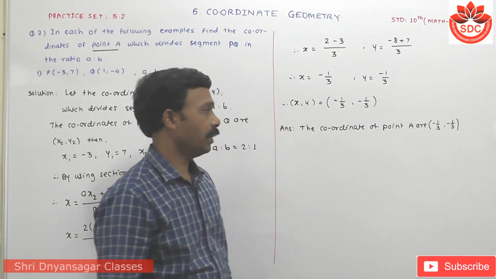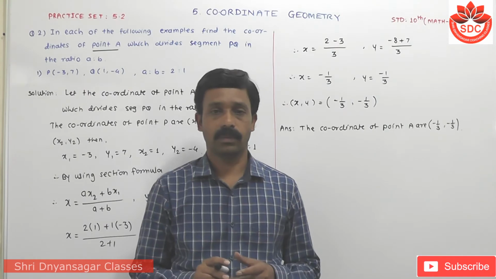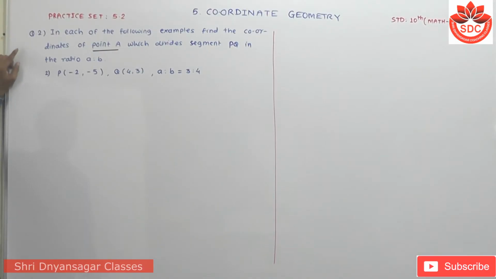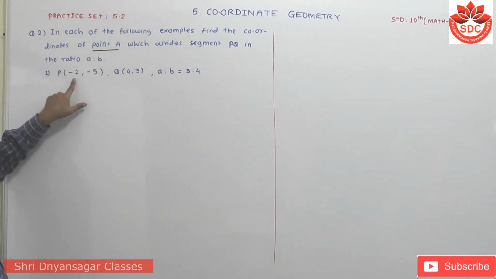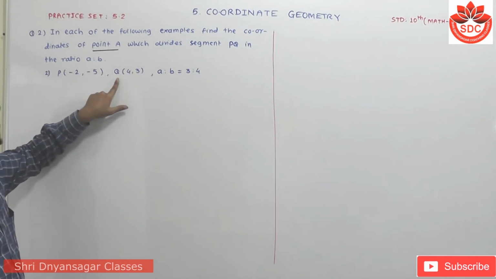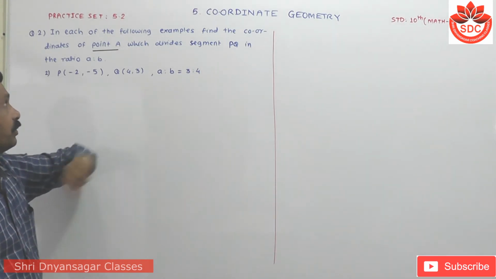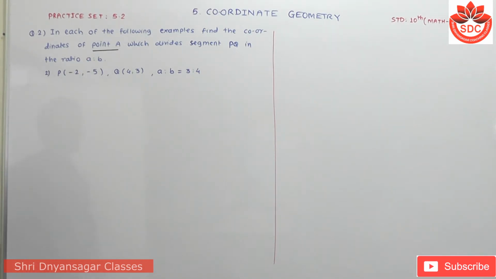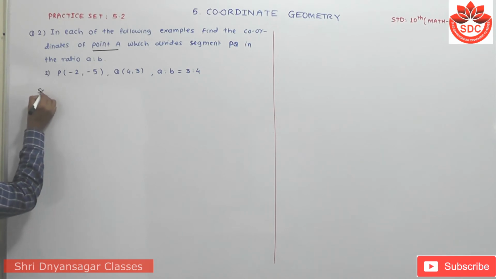Okay, we take the next question. Next, the second sub question of question second. P has coordinates -2 and -5, Q is 4 and 3, a to b is 3 to 4. We have to find out the coordinates of point A. Its solution is,